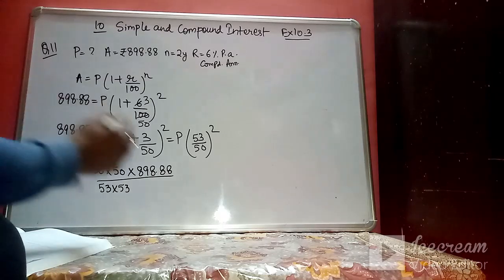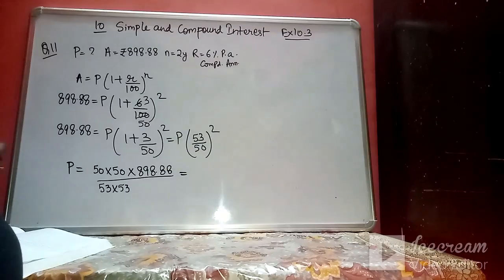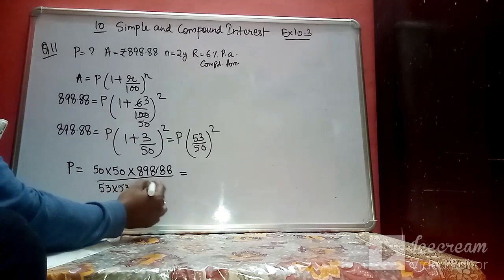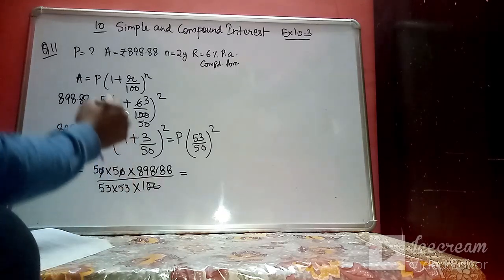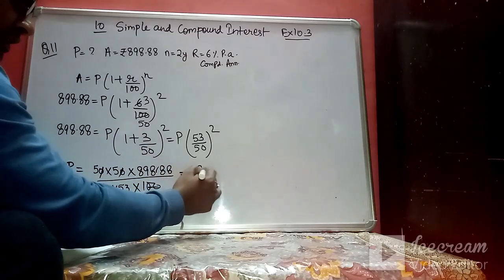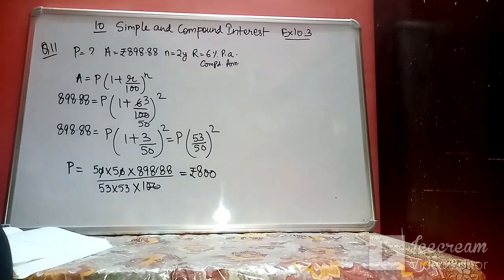Okay. Then when we solve this expression, let's remove the decimal. 2 zeros will come here. These 2 zeros will cancel. So after simplification, our answer will be 800. So in this question, we have used the formula when the interest was compounded annually and we have calculated the principal.